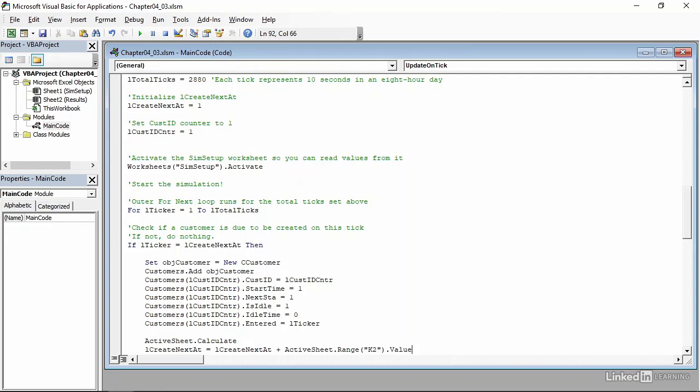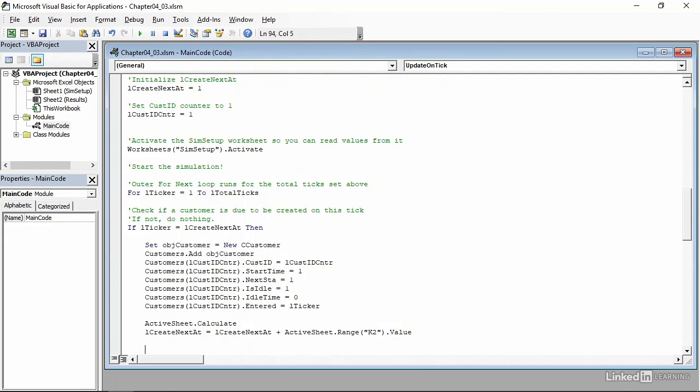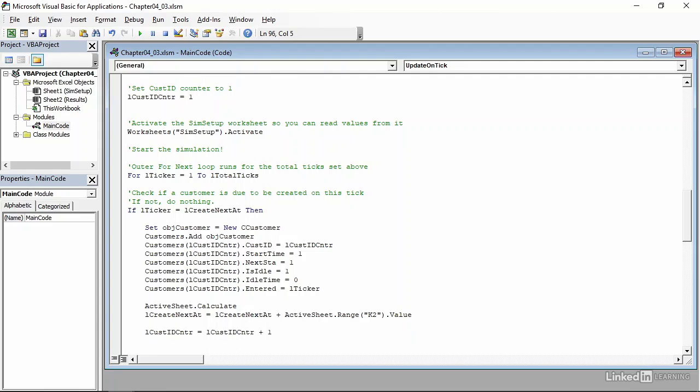There we go. And the final thing to do is to increment the customer ID counter. So press enter twice, lCustIDCntr equals the same variable plus 1. Everything looks good, so I will press backspace to move to the left, so I'm on the same level as the If, type End If, and we're done. The code we just created will determine when the next customer should be created and initializes values, as you see here, in the code that we added within